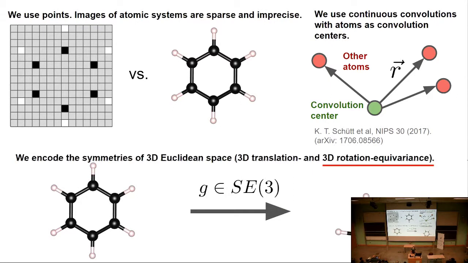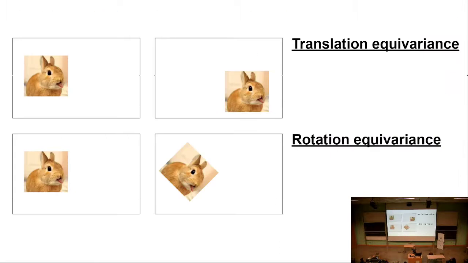But last but not least, we have to encode the symmetries of 3D Euclidean space, so 3D translation, so moving things, and rotating things. And just to be a little bit more specific about what we mean, let's say I'm classifying images of bunny rabbits. If I want to identify a rabbit in one part of the image, if my network has translation equivariance and I can identify that rabbit, I can definitely identify the rabbit if it's been moved. So convolutional neural networks have this baked into them because of this assumption that you're using the same feature kernel, or you're using the same filter on all parts of the image. So that part's already built into convolutions as an operation.